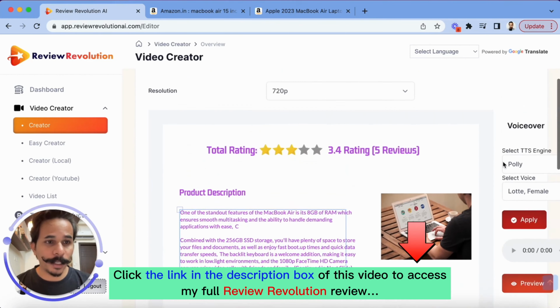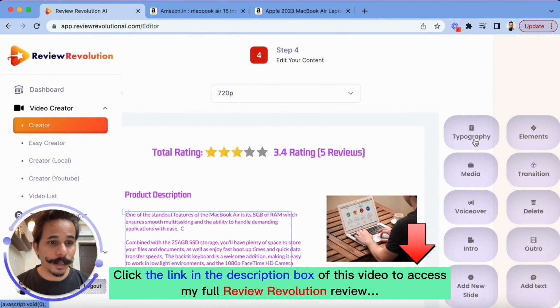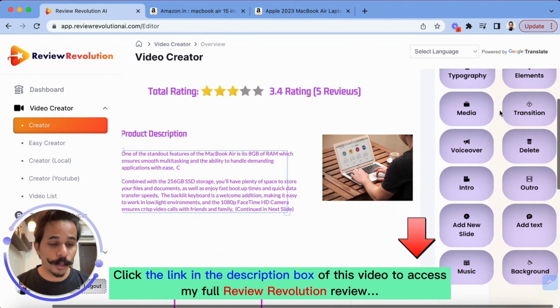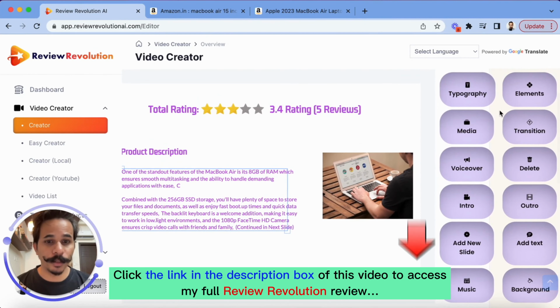I have already applied it. So you see, it has so many options for you to create quick review videos without doing any hard work. You don't have to record any voiceover. You don't have to create content. It is going to fetch the content from the real testimonials. It is going to fetch the content from the real listing of the product, and it is going to make